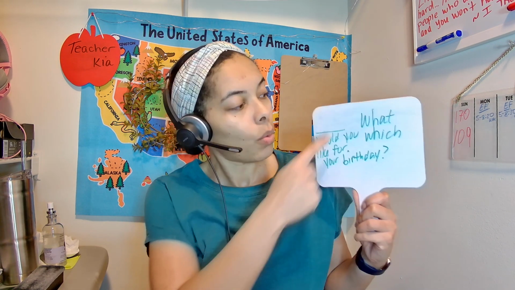Or if I'm teaching which, I would grab something that's opposite, and I would say, which doll is a boy? Which, showing they have options. They have to make a choice. Which doll is a boy? Okay, something like that to show, like, which means you have options, you have to make a choice, or something like that. So going back to the question, what or which,